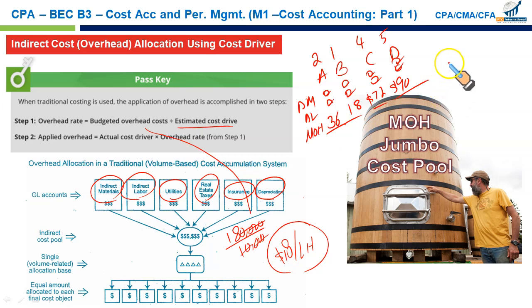So what we do is establish a manufacturing overhead jumbo cost pool of $180,000. We divide it by the estimated cost driver, which in our case was labor hours. We could use machine hours, or we could use number of units also. And this way we can transfer our indirect cost to the products the way I've said. There will be more refinements as we go along. You just need to keep these basic ideas in your head.